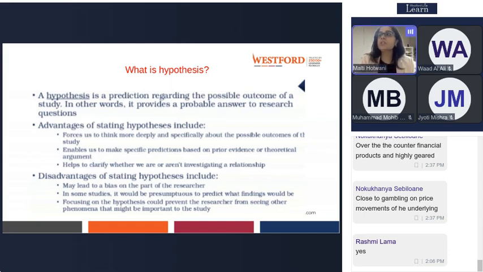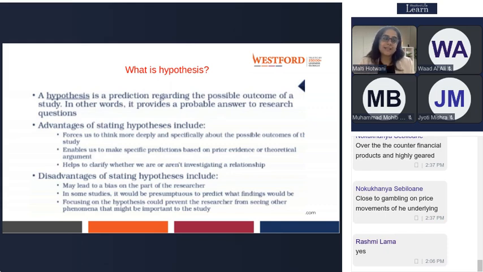It is a prediction regarding the possible outcomes of the study, which is very closely related to your research objectives, or to your research questions, right? Hypothesis is basically of two types: one is the null hypothesis and another is the alternate hypothesis. We'll come to examples, but let me give you a background. It provides you the answer to the research question.